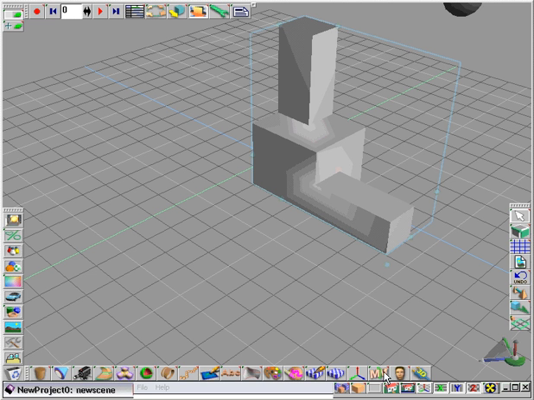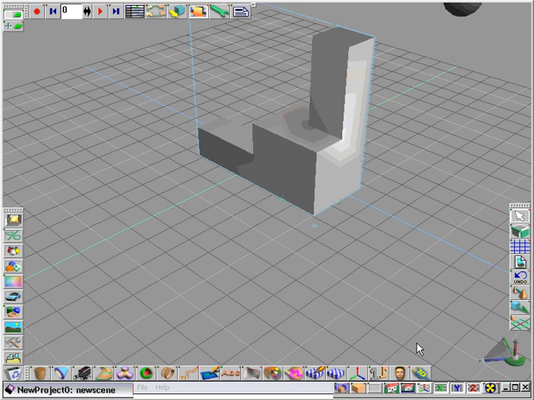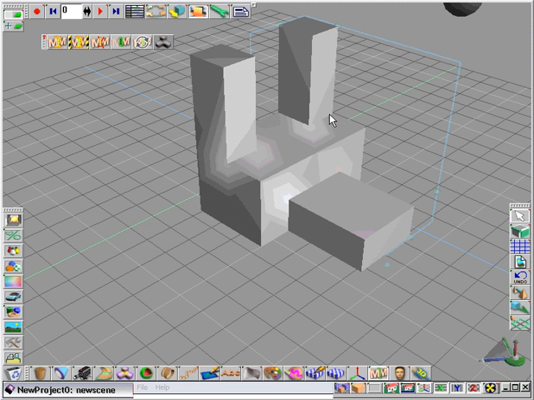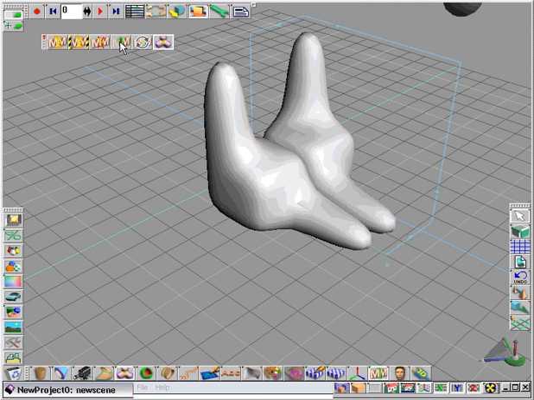TrueSpace 6 has a simple mirror tool, so you can mirror the object along a plane. But it also has a sophisticated mirror modeler, which allows you to do symmetrical objects in real time, including full mesh editing. Mirror tool creates a second mirrored copy of the object, which if we use the subdivision surface,